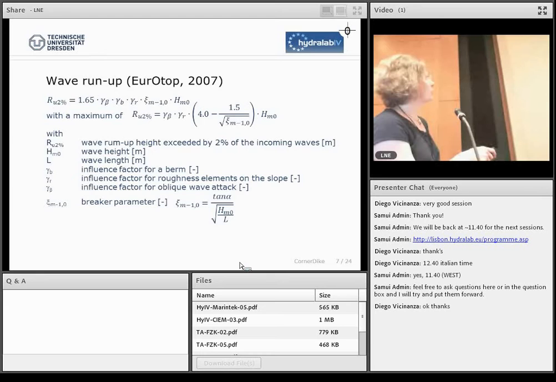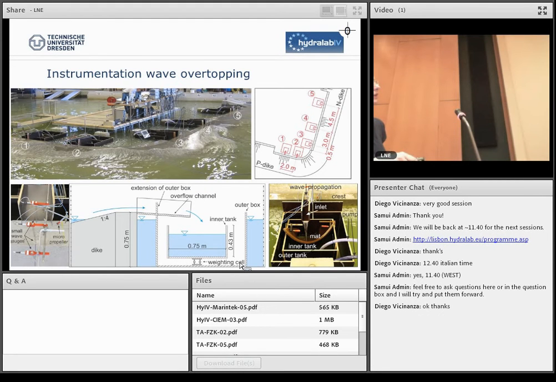So here you can see our corner dike with 5 overtopping units, 2 at the P dike and 3 at the N dike. And these overtopping units consisted of an inner tank. It collects the incoming water. This was measured by a weighing cell, and this inner tank and the weighing cell were put into an outer box to prevent them from getting wet. And these inflow channels connect the dike crest to this inner tank,